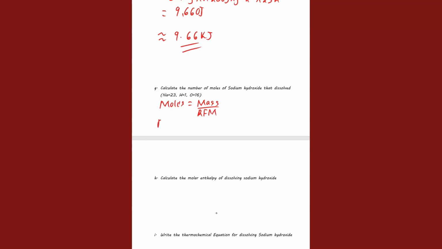And the relative formula mass for sodium hydroxide is going to be 23 plus 1 plus 16, which is equivalent to 40. So the number of moles here are going to be 2 grams, that's our mass, divided by 40. We get 0.05 moles